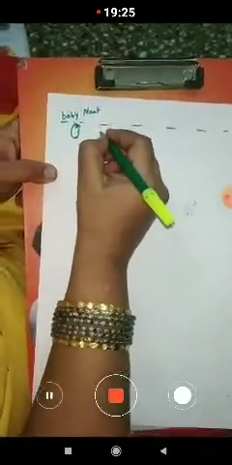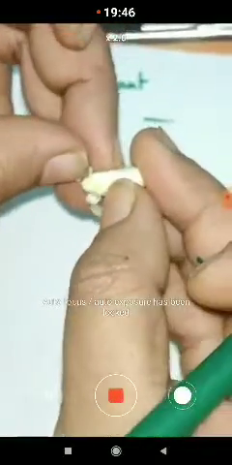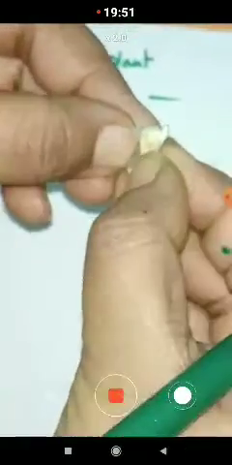now we can observe the seed coat. First the seed coat which is present. When we remove the seed coat, here you can observe, this is the seed coat of this one. Okay, children, this is the seed coat. We can remove the seed coat of a seed. This seed coat protects the seed.